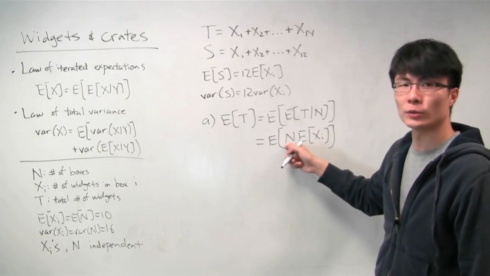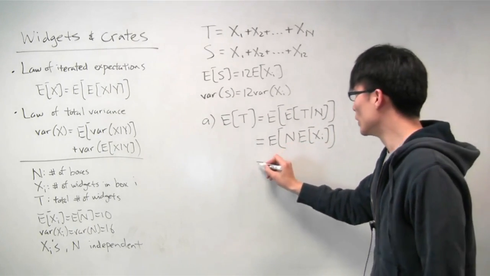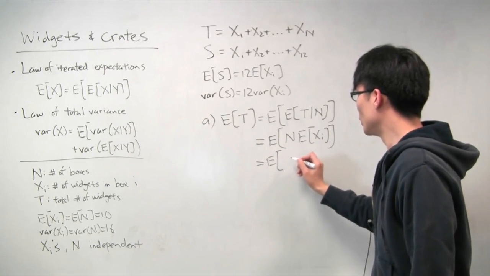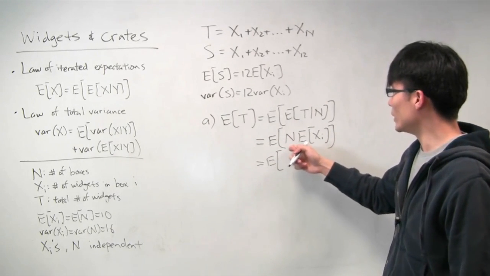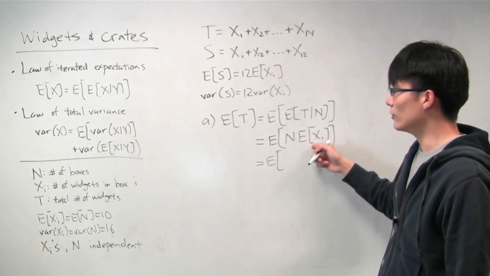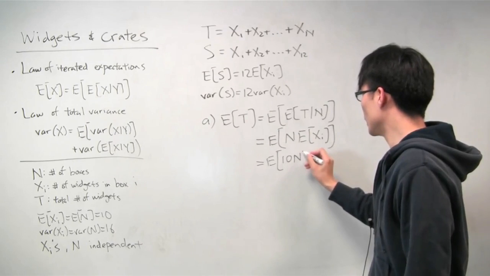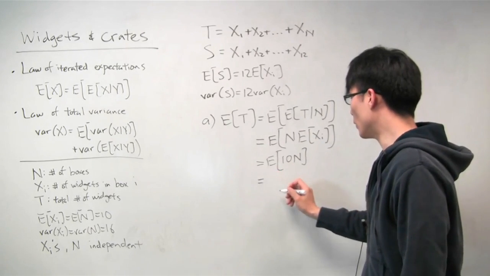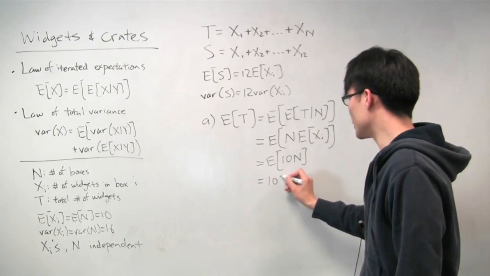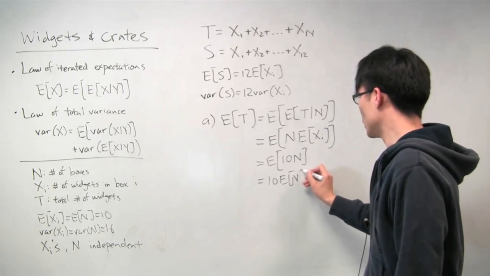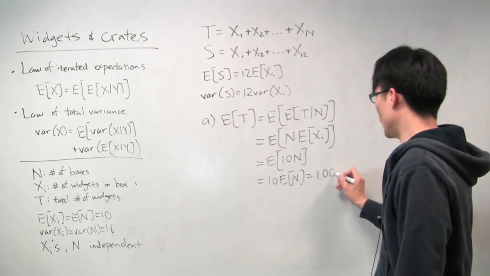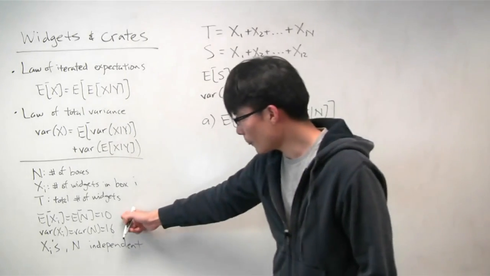But notice that n here is still random. And so what we get is that the expectation is n times the expectation of the number of widgets in each box, which we know is 10. So it's the expectation of 10 times n, or 10 times the expectation of n, which gives us 100, because there are,